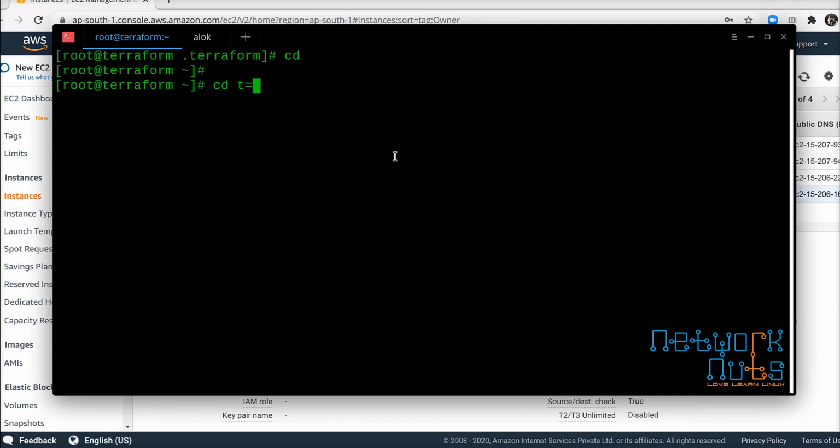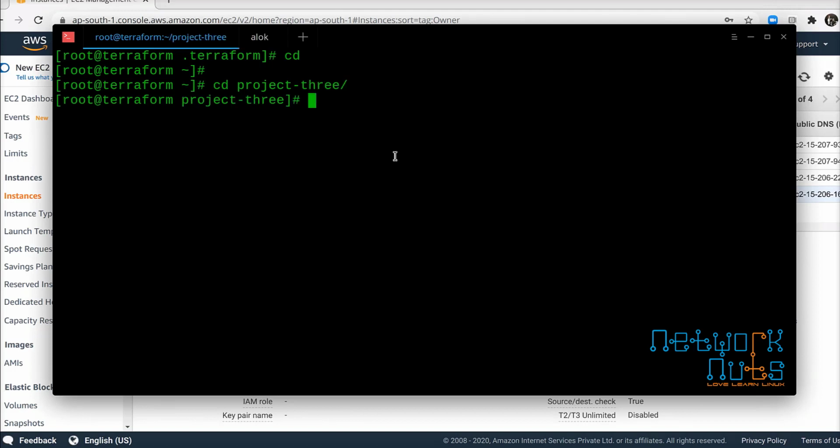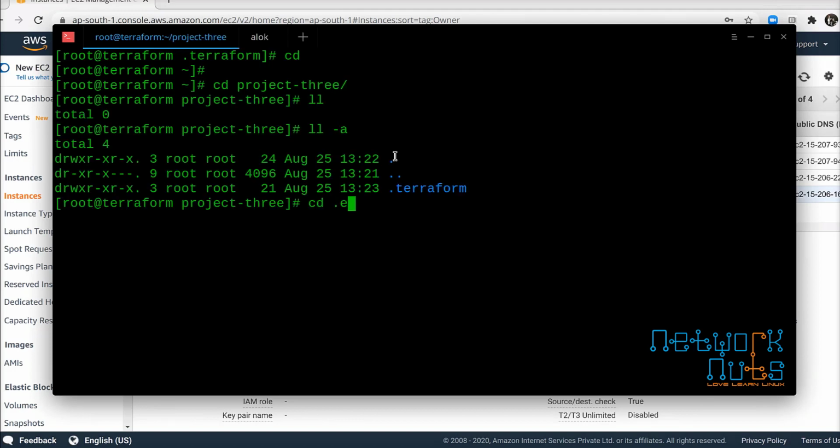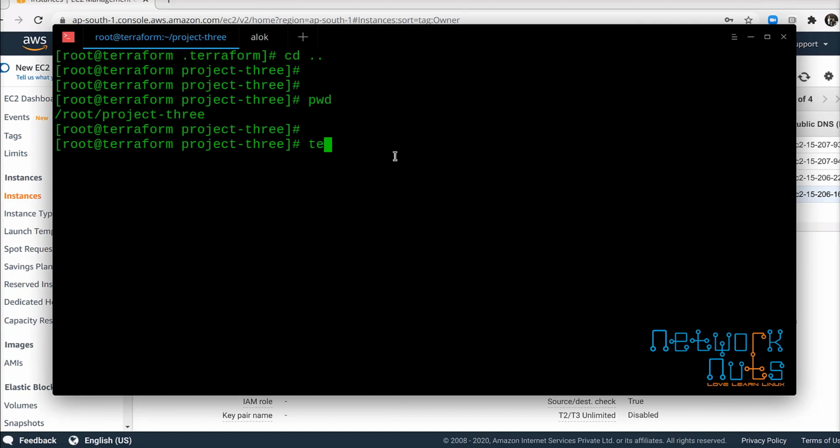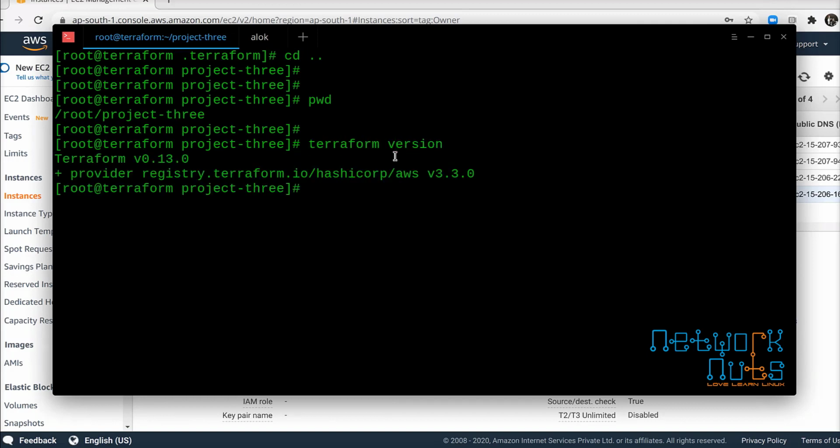Now if I go to project 3, I have a .terraform folder, right, and all the plugins are there. So if I am in the project 3 folder and I give the command terraform version, let's check. See, the providers are already there, so you need not download them. If you think your internet connection from the company is not that good and it's taking time, you can copy it, fine, that's wonderful.